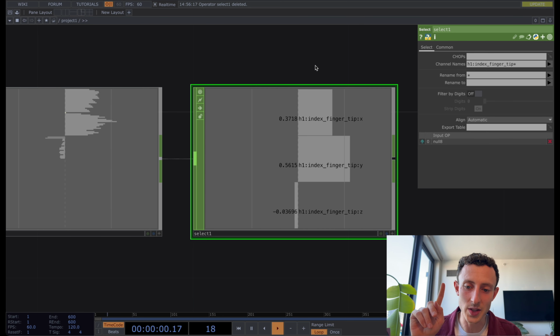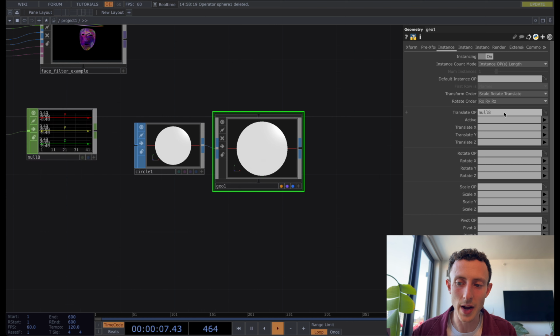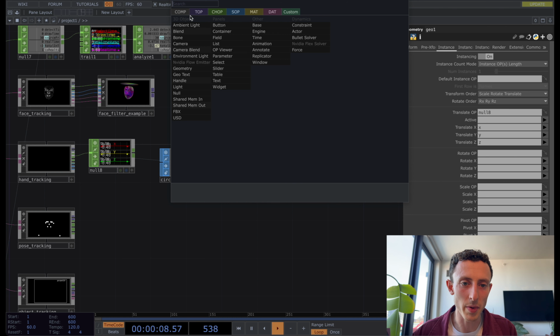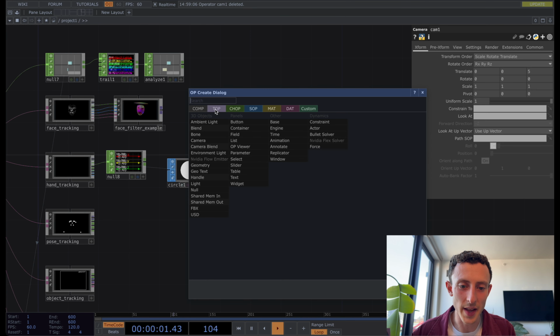So the next one over here is all of the different hand data, but organized in a format that's really easy to instance with. So if I place down a circle SOP, for example, I'm going to right click on the end here and place down a geometry. And maybe we're going to take the radius of this circle and make it much, much smaller. And then from there, we could go over to the instance section on the geo, turn it on, and drag and drop this chop on, and we can get the X, the Y, and the Z data. And now this geometry should, if we place a camera and a render top,